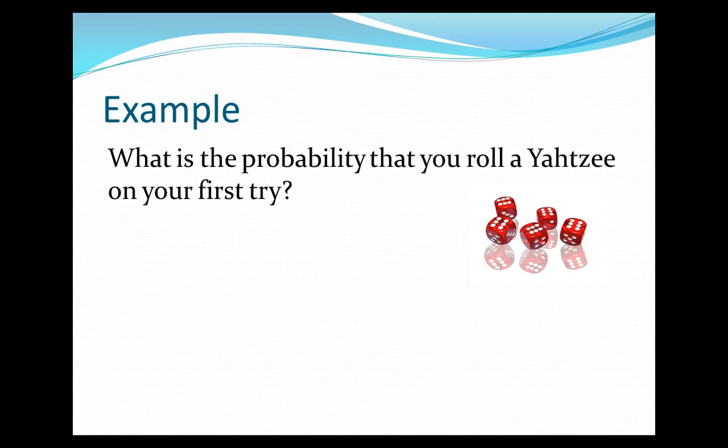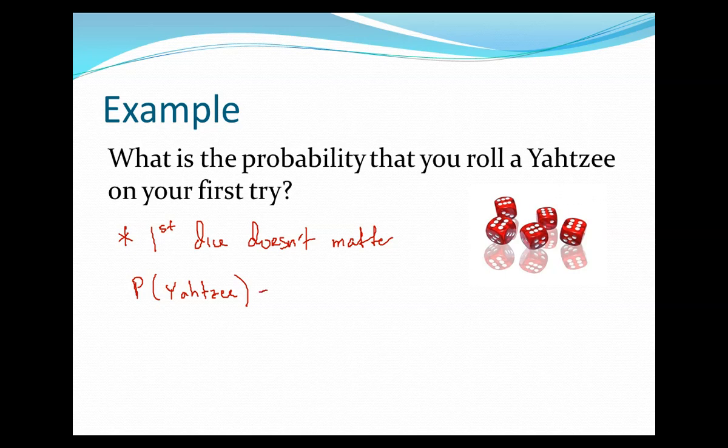Let's begin. First thing to note here is that if you think of the first dice, it actually doesn't matter what the first dice is. So I'll say this: the first dice doesn't matter. Whatever that first one comes out and settles, because if the first dice is a 5, the other 4 just have to match it, and if the first dice is a 2, just the last 4 have to match it. So the probability of getting a Yahtzee,